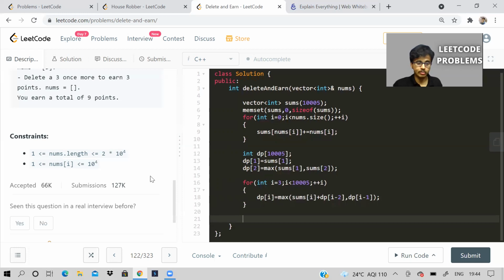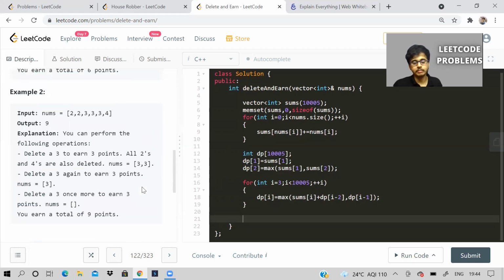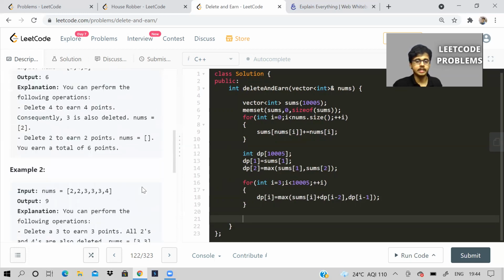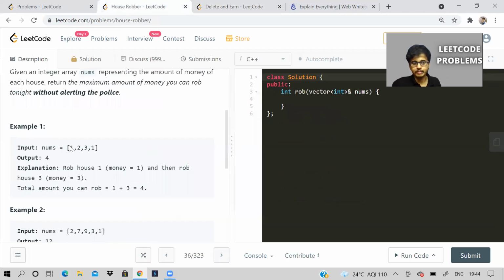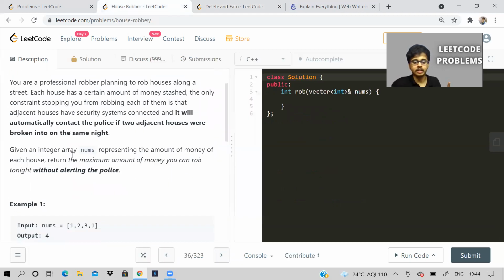And in house robber, what we were returning, if you remember, was the maximum of the value left in the last house or the second last house. We were returning the maximum value that we can get from DP of n minus 1 or DP of n minus 2.